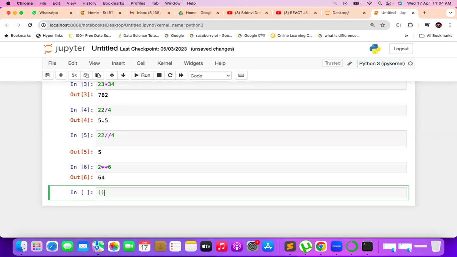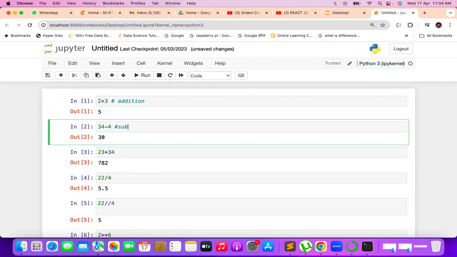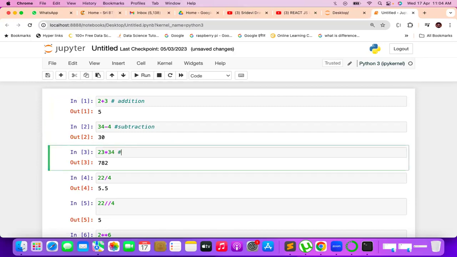For example, I want to perform some bracket operation: minus 1 plus 2 minus and 1 minus 2. So how can you calculate this one? What is the calculation process for this, Aisha? So here it is addition, and here it is subtraction, and here it is multiplication, and here it is division,